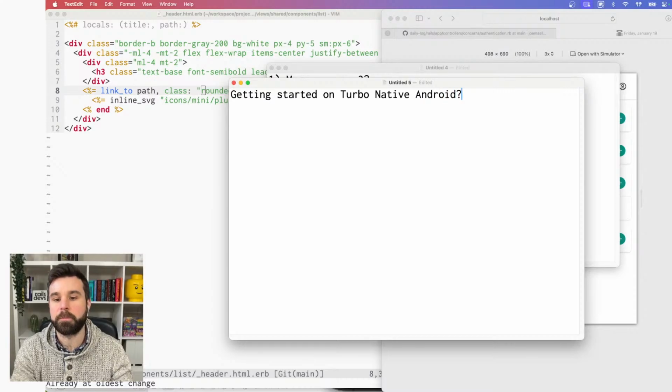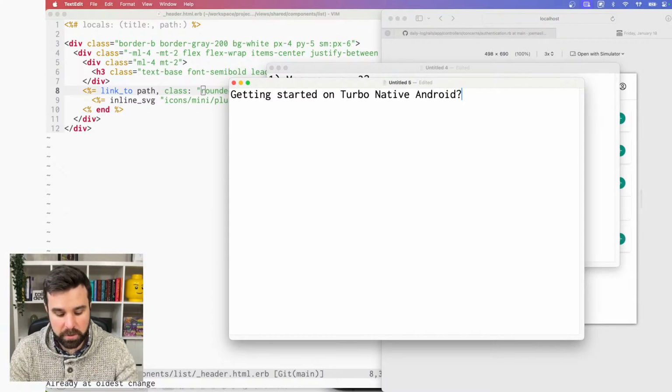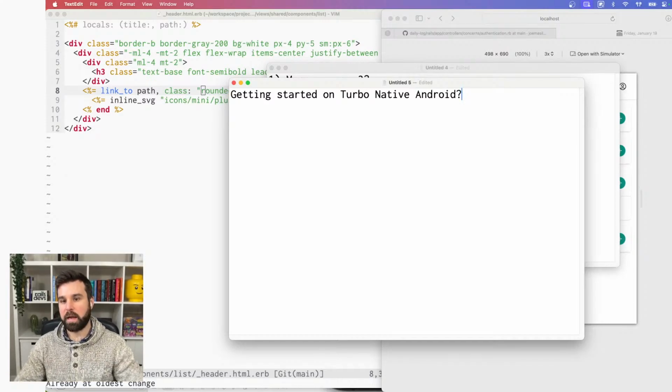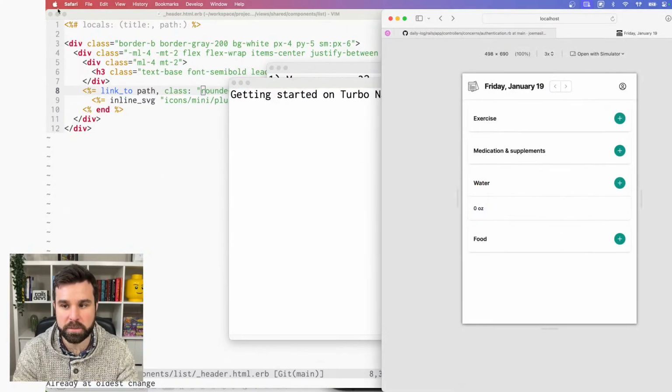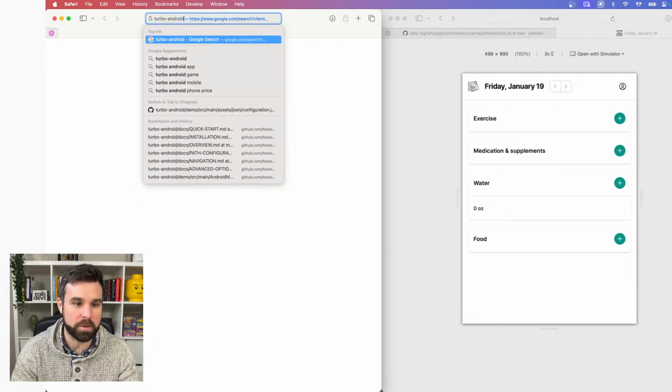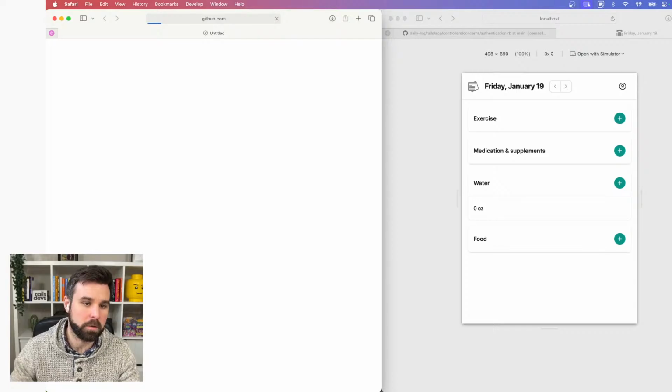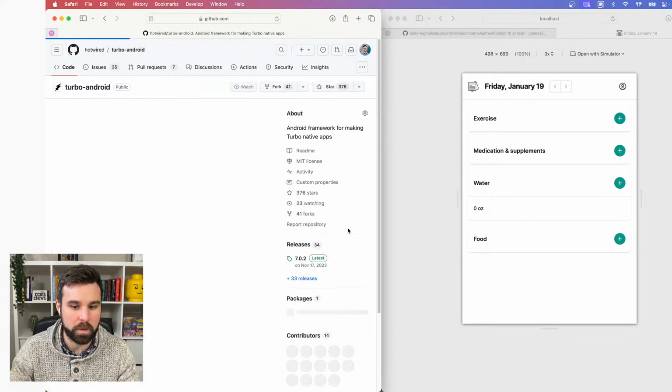Turbo Native Android, it's a great question right now because I actually kicked off a Turbo Native Android app just last night. And the guidelines and README could use a little work. But what worked for me to get started was a combination of two things. If I go to the Turbo Android wiki or Turbo Android website,